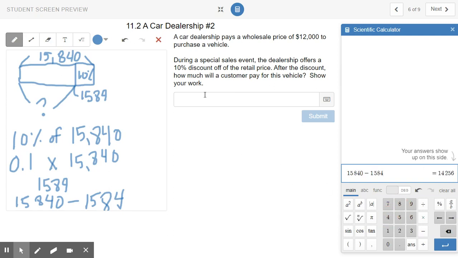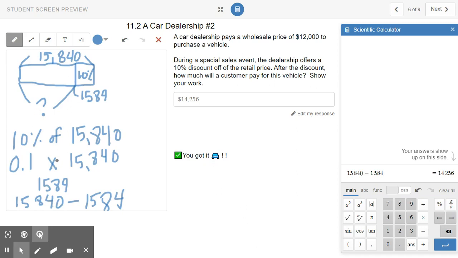Okay, and so we get a price of, and I am using my dollar sign, $14,256. So let's see if that's right. Okay, good stuff. So that's how much it's going to be. Now, remember when I told you that there's actually another way you can do this? This one does a simple thing up front and then makes this next process all